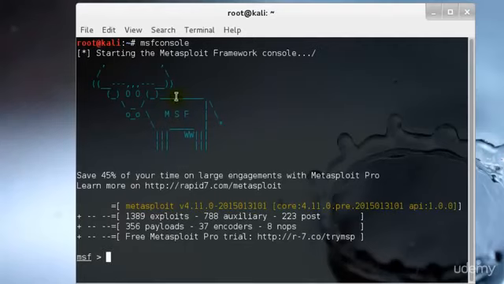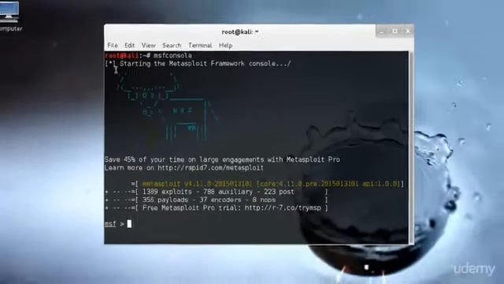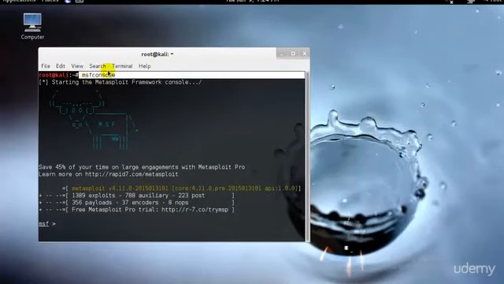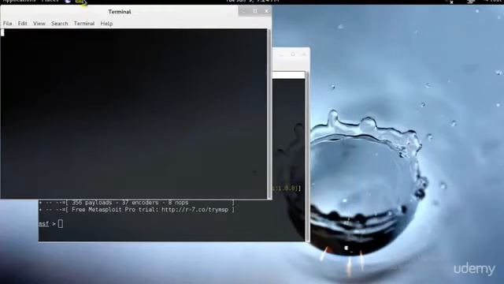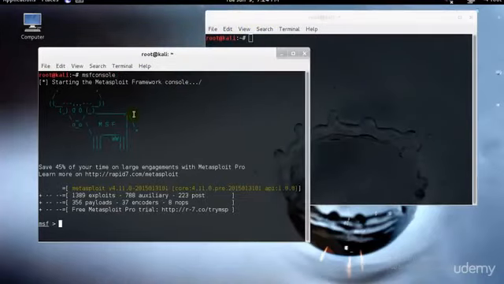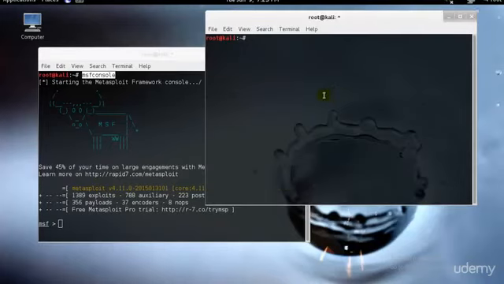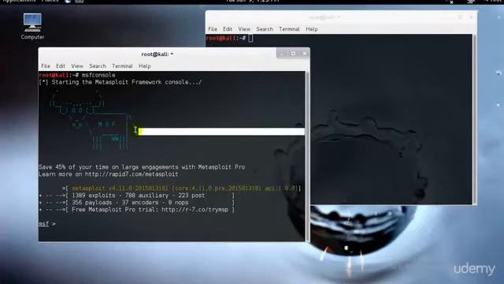So this is how the MSF console looks like, an image of a cow. I just opened this because I won't be teaching you the MSF console through this prompt, I will be teaching you in something different. But if you're wondering why I opened this specific console, the reason is that if I open something else, and you already have a bit of information about MSF console, then you might think that MSF console is this thing and I'm teaching you something else. No, I'm teaching you what exactly MSF console is and how we could use that in depth. So that's the reason I wanted to show you that this is how we can access the